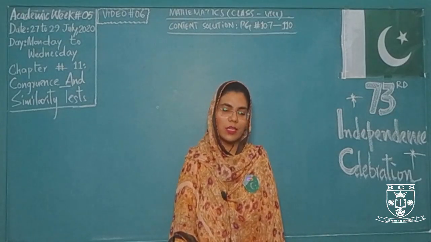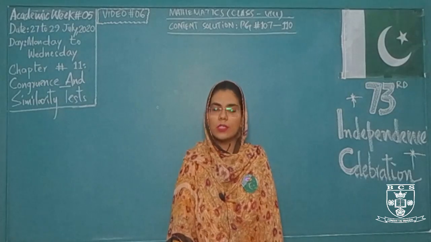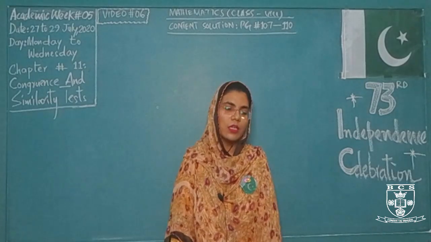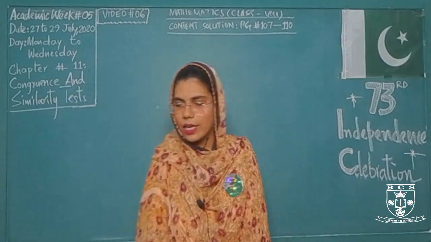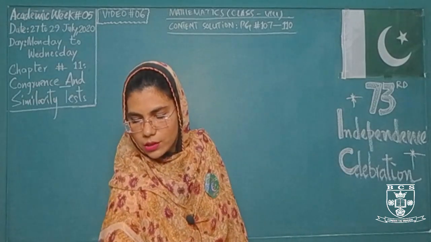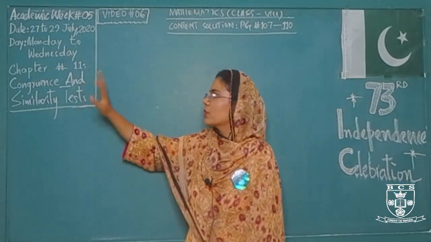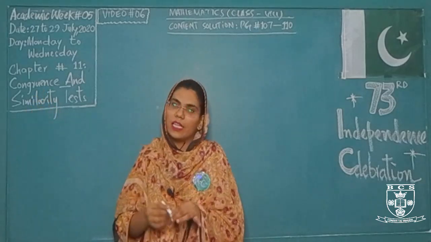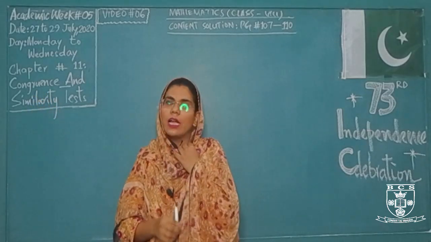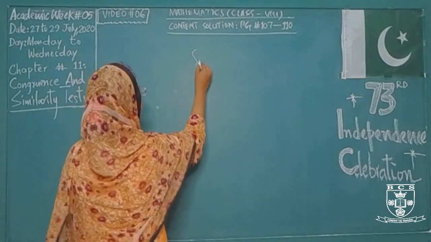And from starting chapter number 11, or before the explanation of chapter number 11, we have also discussed the triangle and the different related aspects of triangle. So now today we are starting our next exercise from the same chapter, that is chapter number 11, congruence and similarity test. In the last class we have discussed only the congruence. Today firstly we will discuss what is similarity and then what are the similarity tests, and then we will start our exercise 11. So first of all, what is similarity?